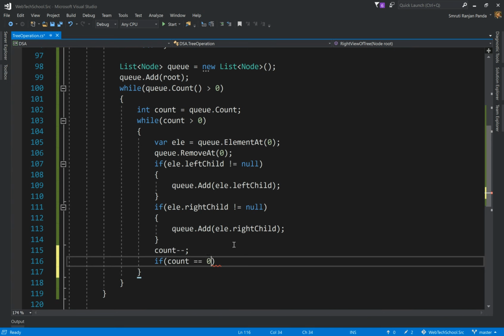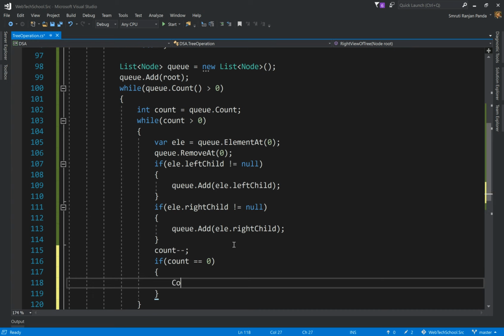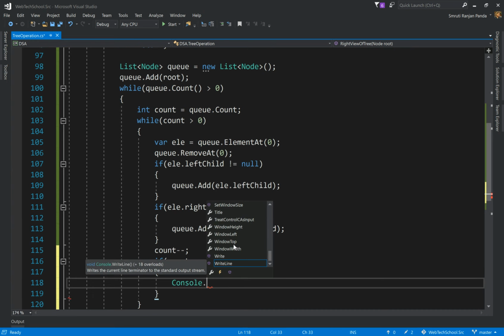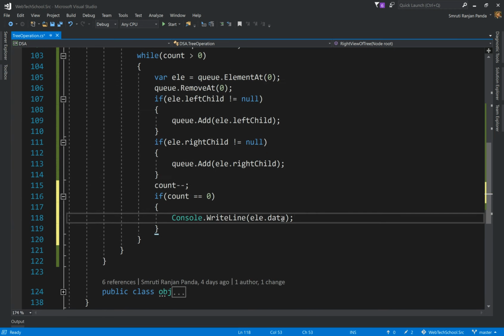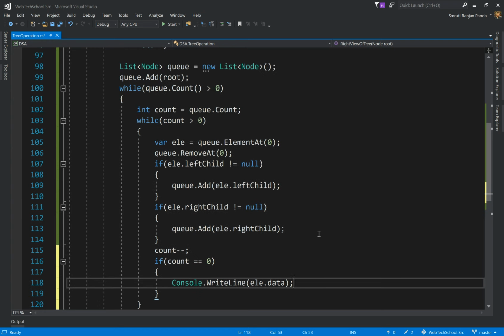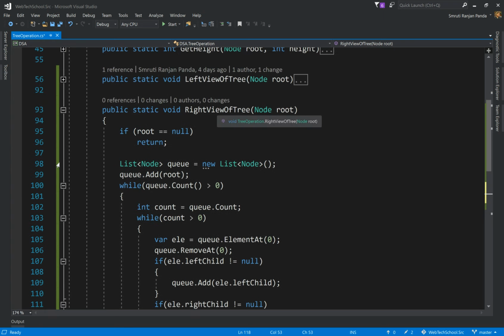So I'll say if count is equal to 0, in that case go ahead and print our element. I'll do Console.WriteLine, and for that element we are going to print its value. So this is going to print the element value. That's all the implementation we need for printing the right view of the tree.